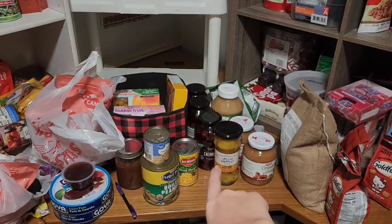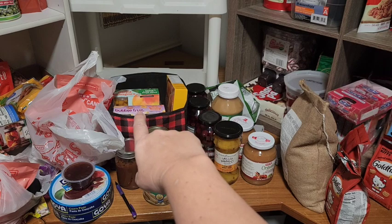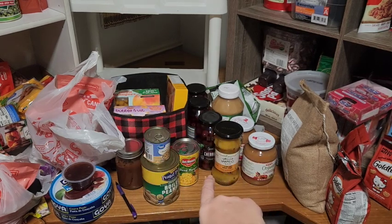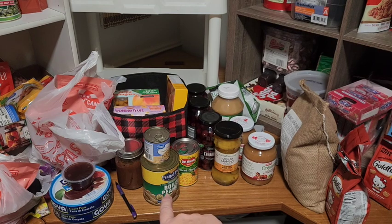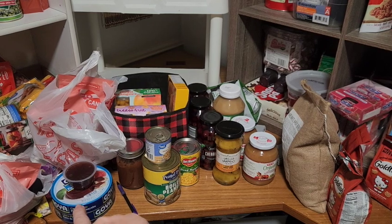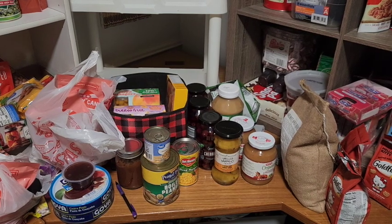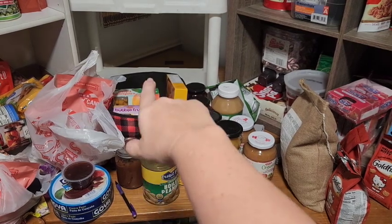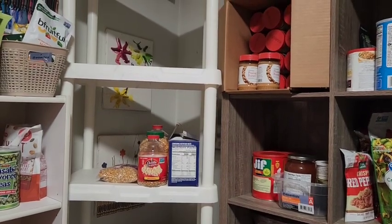So this is mainly our fruit. We have a bunch of individual fruit cups, some applesauce, grilled mango. Don't know where the heck to put the boiled peanuts. We'll figure that out. We've got our Goya guava paste, just odds and ends like that. So I'm going to move that onto that shelf. And with that shelf up there,